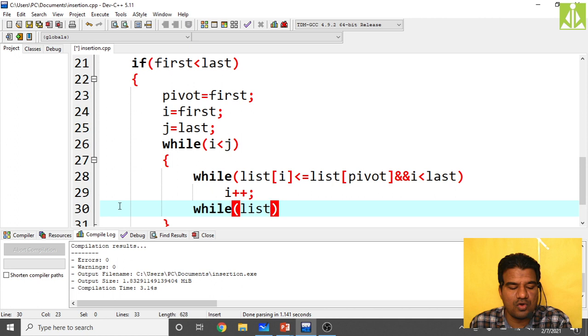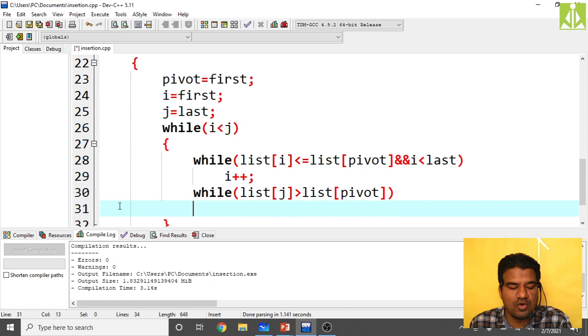List of last, that is nothing but j, that is nothing but right. j should be greater than list of pivot. Then what we are doing? In this case, we have to decrement j. Right we are decrementing, left we are incrementing.